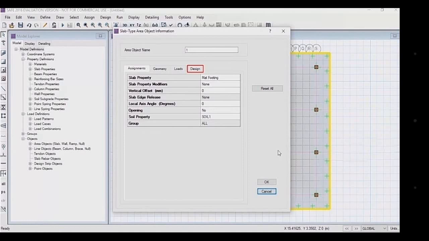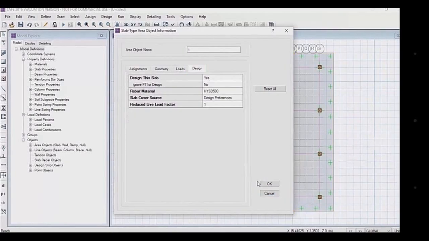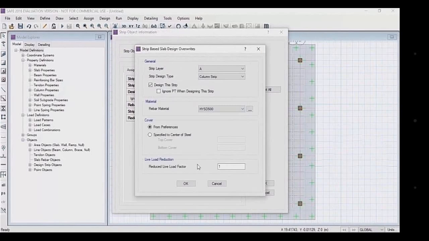Now we have to change the rebar material for strips. So click on strips and then click on design, then change the rebar material to HYSD 500. We have to change every strip layer A and strip layer B and change its material to HYSD 500.